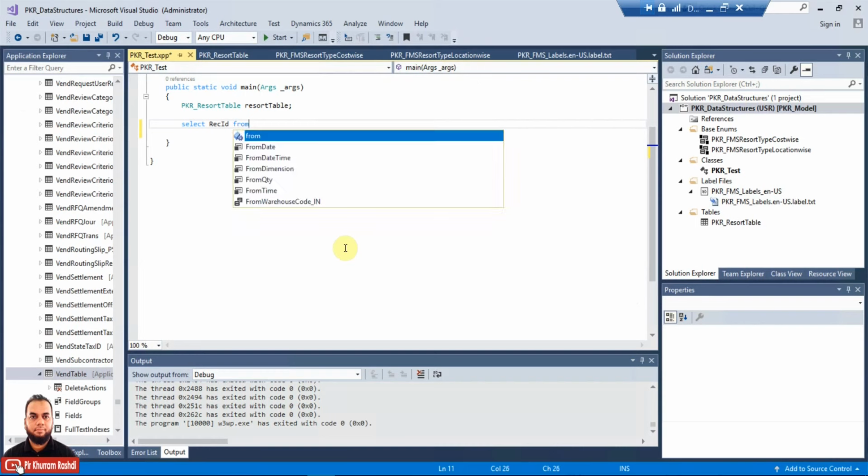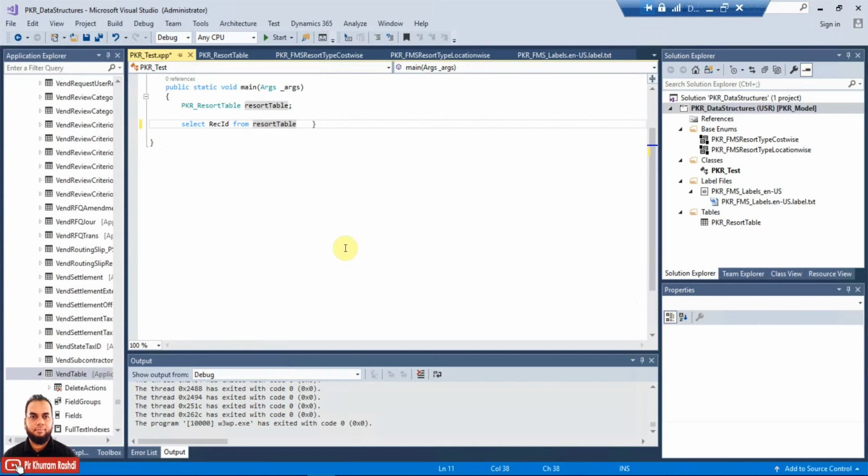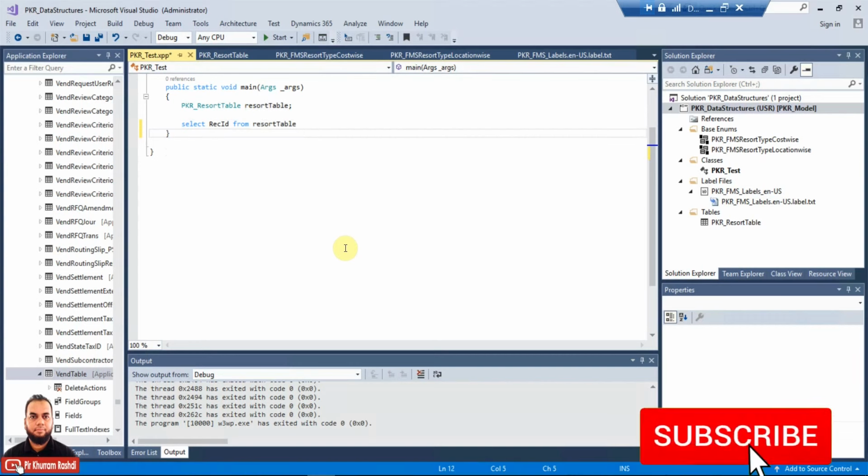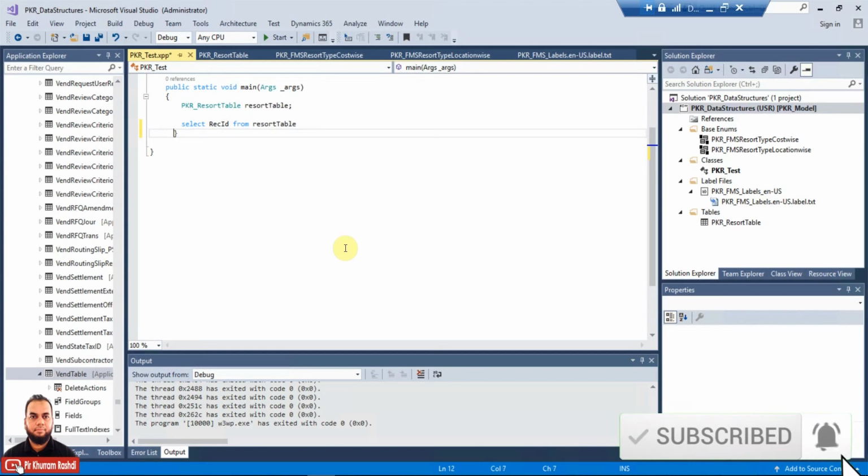The select statement here in X++ is just like select rec id from resort table. It is just the same as in SQL server. Although there are some differences, those are very minor. Once we select, then we can put a where clause in which we can put the condition.